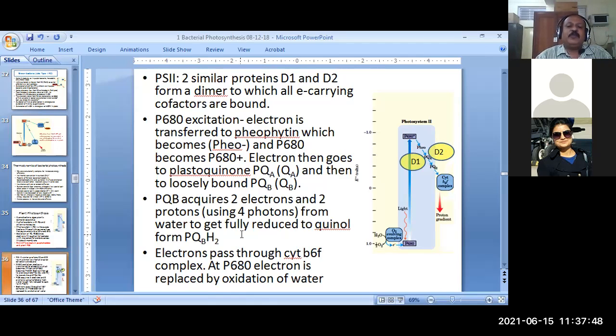And then you would probably ask me a question: the electrons have already been lost from the reaction center, so how is that reaction center going to get the electron again? The answer is that the electrons come from the water molecule. When the electron hole is created in the reaction center, that electron will be acquired again by the reaction center through the splitting of the water molecule, which is shown in this diagram. Can you see here? The H2O molecule is split to yield the electrons, and oxygen is released.